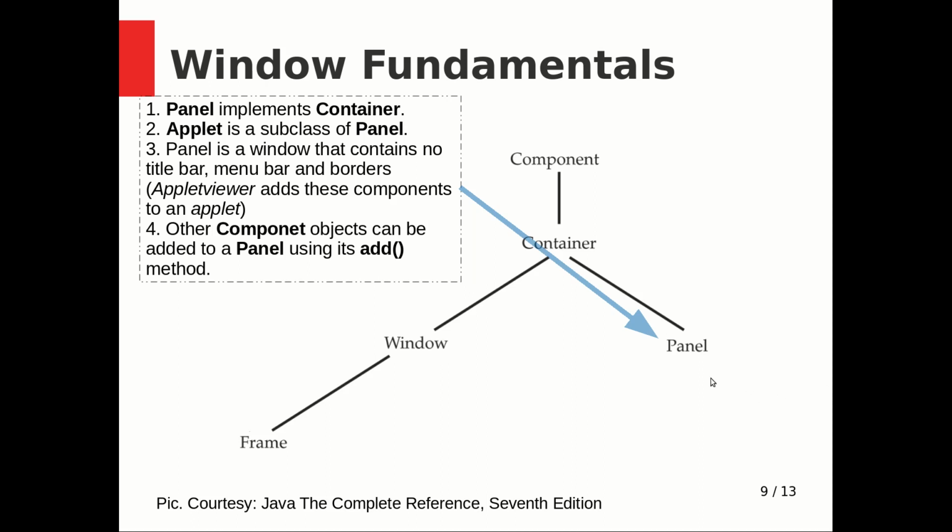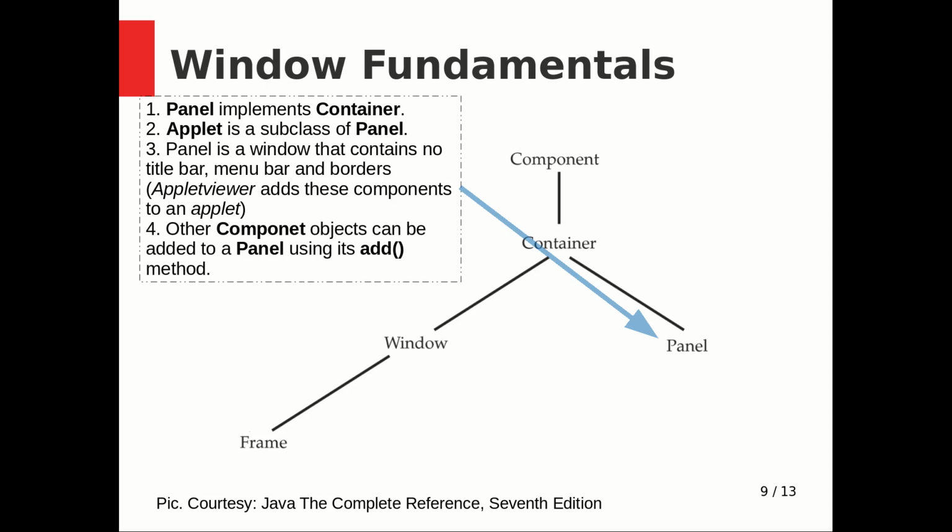Then we have a class called a panel, and you may be seeing this class on a number of occasions because this is a concrete class, and this panel implements container. And as we have seen earlier, a panel is a window that contains no title bar and menu bar and borders. We have seen in our previous class diagram that applet is a subclass of panel. Then you might be disagreeing with me that you have seen the menu bar, title bar and borders in an applet, but